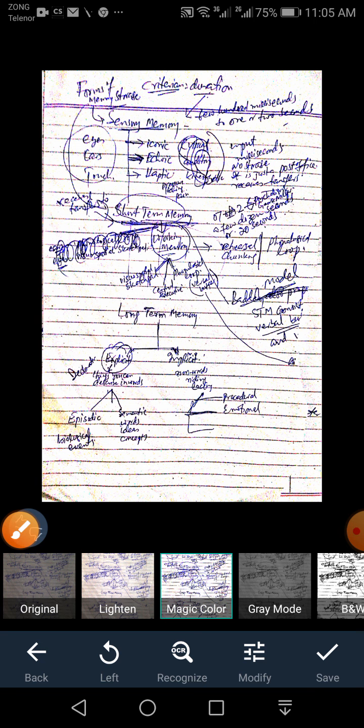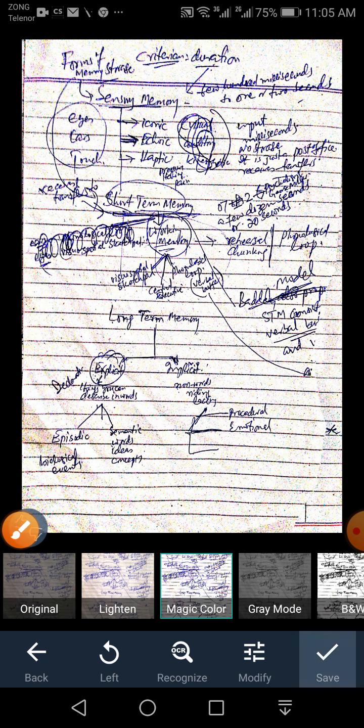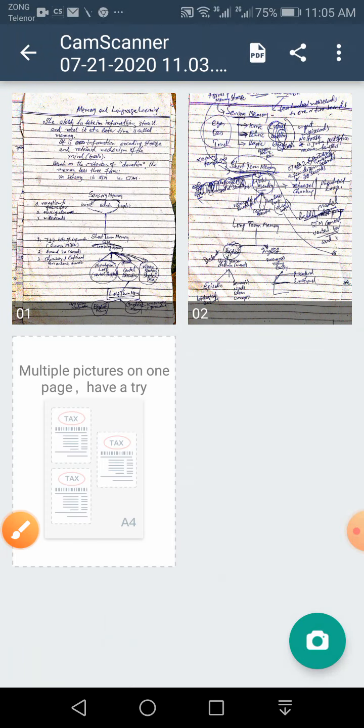Now you can even extend the side lines. You can even crop the area you don't want to be inserted. As you can see, I'm extending it. After doing adjustment like this, you can click here. Next, it will be cropped. So now your text is there. Once it is taken, click here, save. This is your second PDF page.